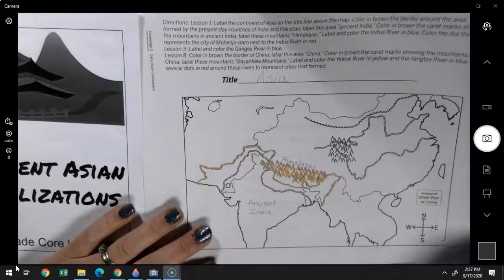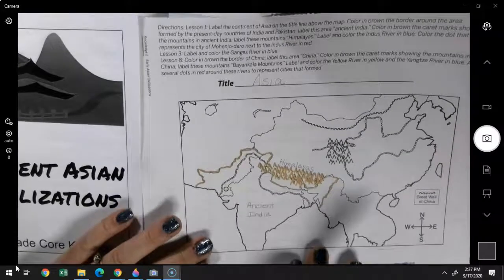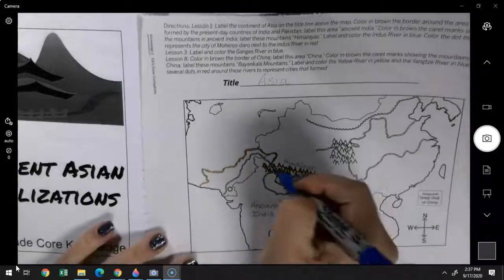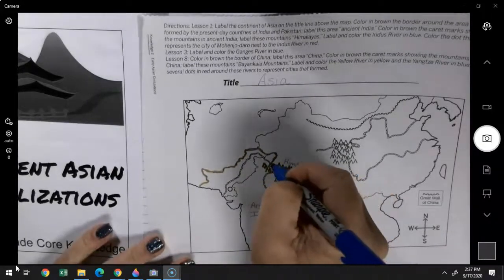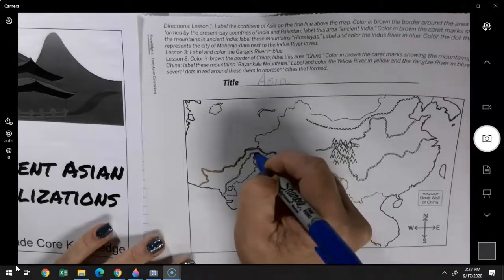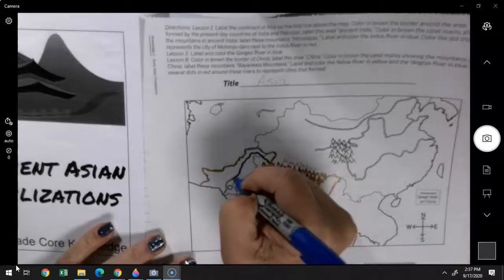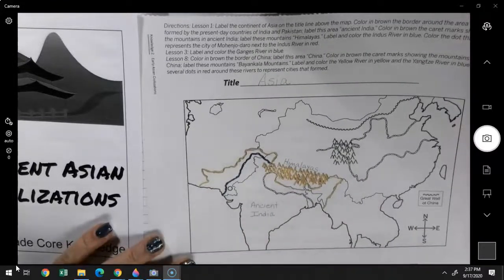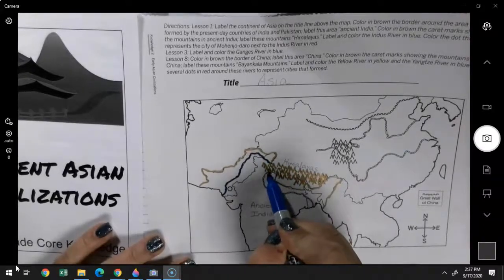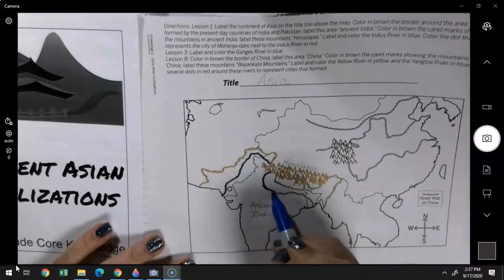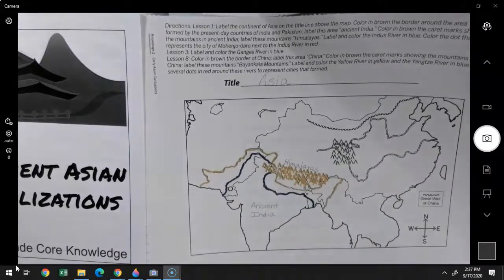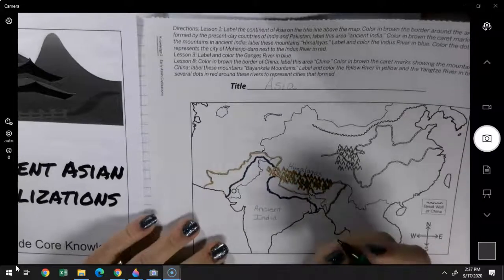Right, and then the last thing we're going to do, actually two things we're going to do, is we're going to now outline the rivers. This first river starts up here, and we're going to follow it all the way down here. And this is the Indian Ocean that it goes into. And we're going to follow this river. And you can pause it anytime you want to. That's what's good about these, huh?